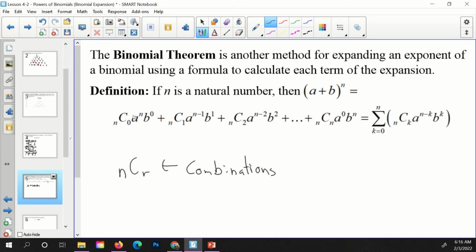You'll also notice that this first variable, the power decreases by 1 each time, and then for the b value, the power increases by 1 each time. So even though this is a fairly ugly looking equation, there are some significant patterns to it. You can see this number is constant, this number is just counting starting with 0. So how can we use that? Well,